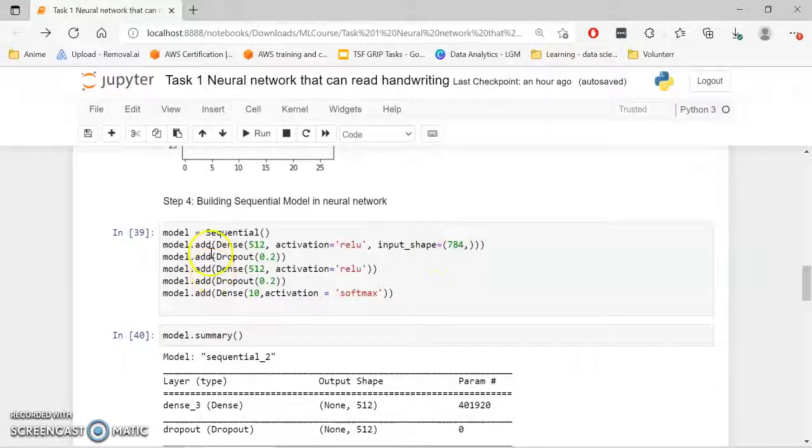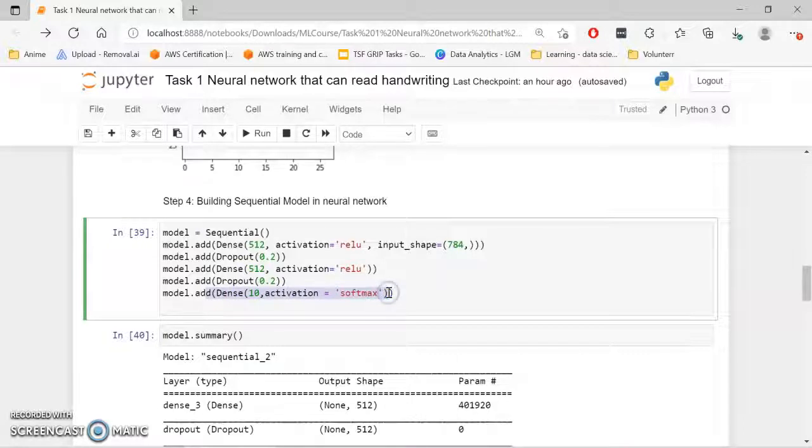Then we do a dropout of 20% of the data, and this is the hidden layer. Finally, we have the third layer, where the output values are obtained, and we do the softmax conversion there, where we get values as probabilities.